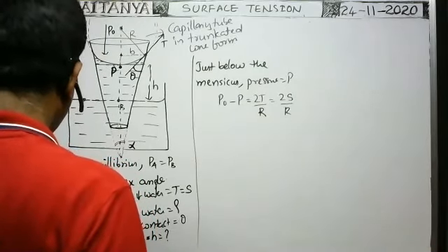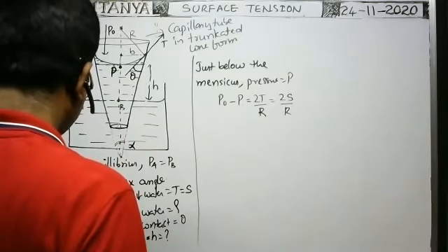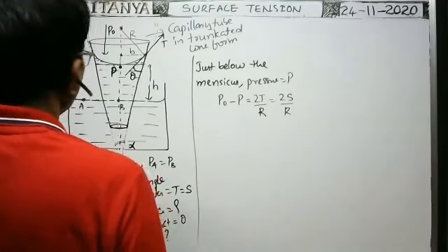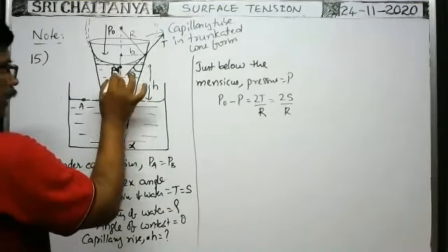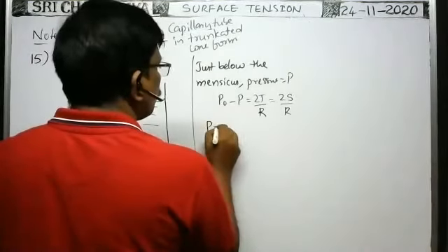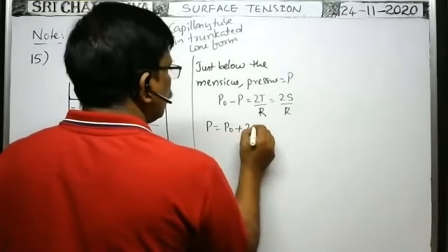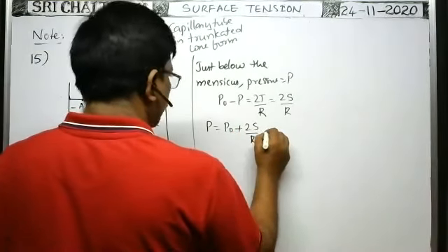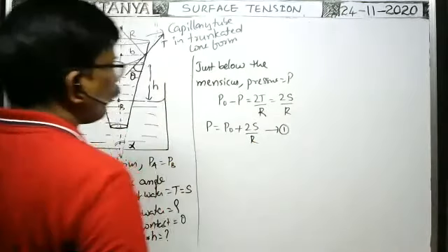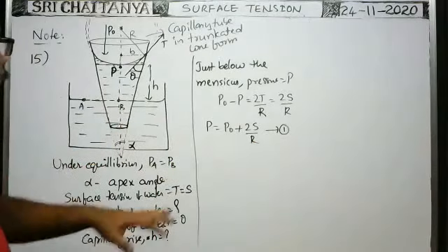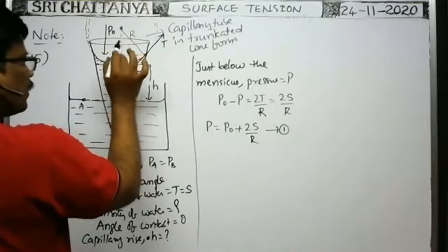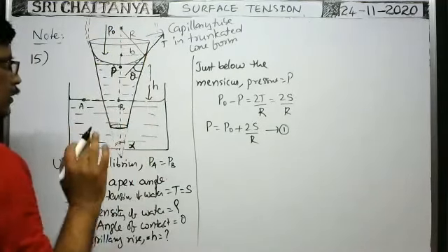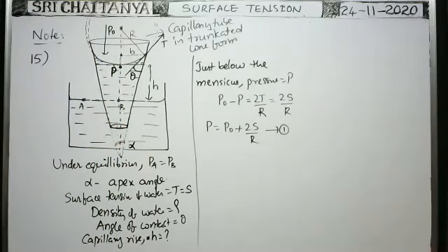Therefore, from the diagram, if you know the pressure here, we can write the pressure here. That's why I'm calculating the pressure at this point. From this, P is equal to P naught plus 2S by capital R. This is equation 1. Now, what about R? From this diagram, R is not given, b is given. In terms of b, we have to write the R value. That is our task. If you know that, then we can write the equations directly. How can we write it, tell me?